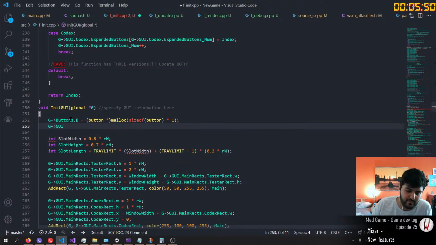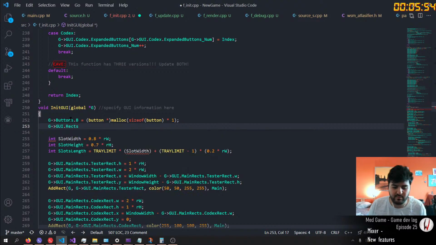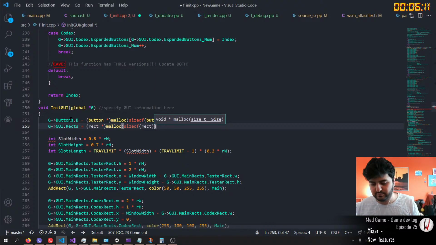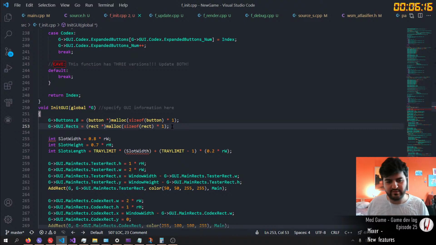GUI, yeah. Rect equals rect pointer malloc size of rect times 1, which is size of rect. I don't know why I do it times 1, but I just like to emphasize that I'm allocating just 1.